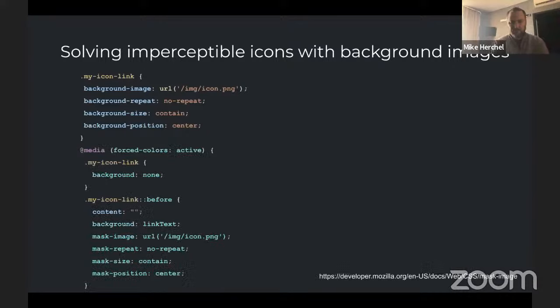So we solve this using the mask image CSS property in combination with the forced colors media query. You can see that we have a forced colors media query right here, and then we're using mask image. The mask image is this really neat CSS property. It creates what's called a jack-o'-lantern effect. If y'all are from the USA, you kind of know what a jack-o'-lantern is. If you're not, around Halloween, we carve out pumpkins, we put a candle inside of them, and you can see the light of the candle shining through.